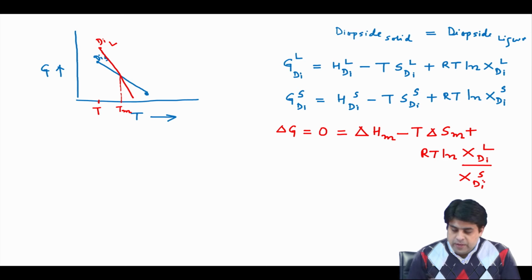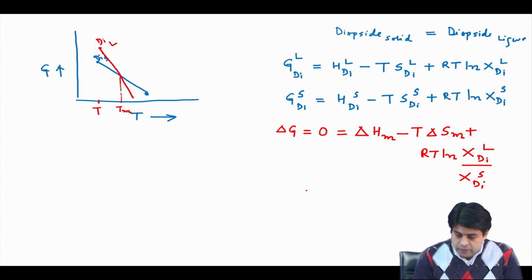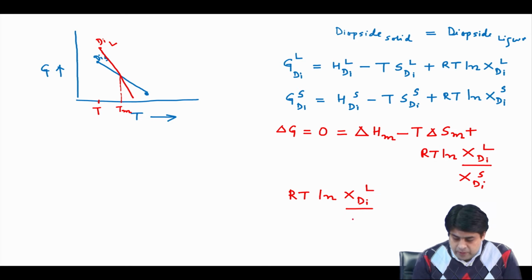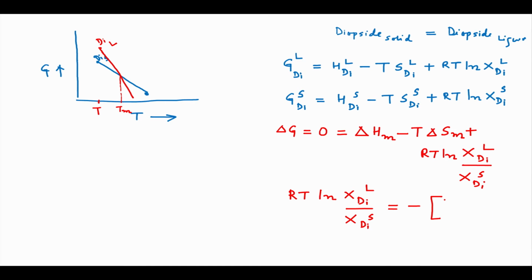And if we put this term this way, we can also rewrite this equation like R T ln X diopside in liquid divided by X diopside in solid is equal to, I take a minus term and I put the whole term in the right hand side. Okay. So, delta H m minus T delta S m. Okay. We can write down like this equation, and suppose at